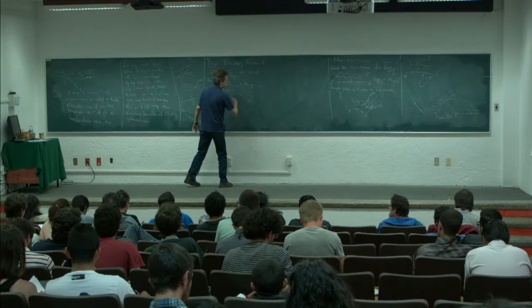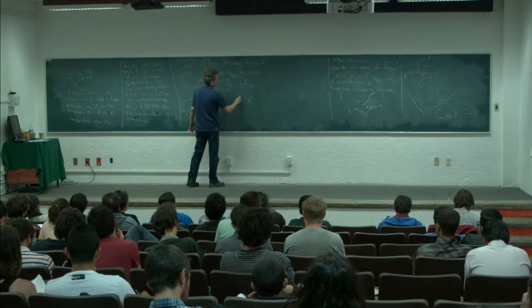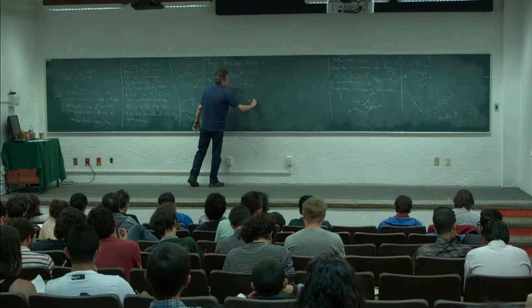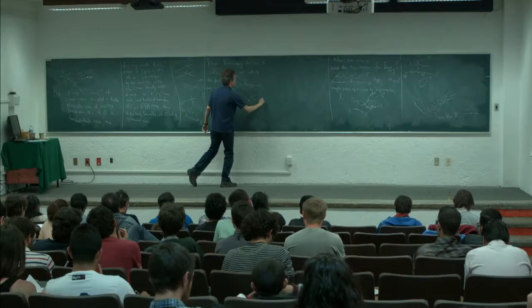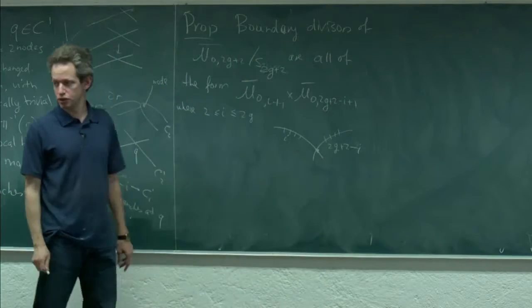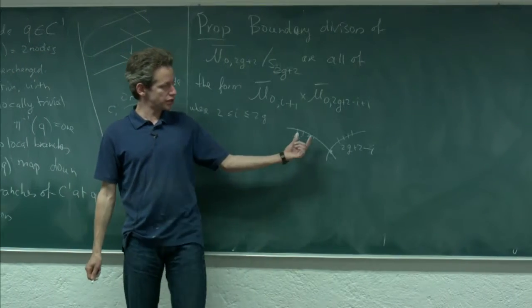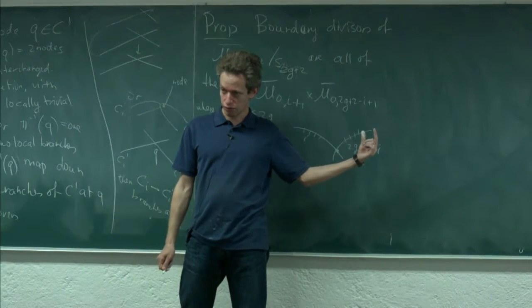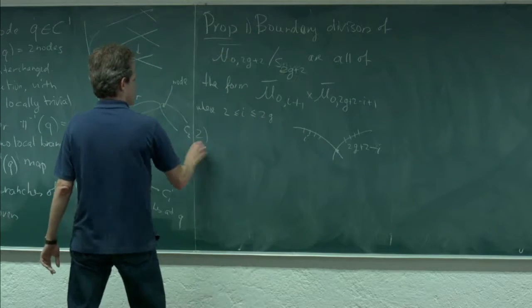It's a curve that has two components, has one node. And since these are both of genus 0, all I have to tell you is where the points are. And the points are all created equal, so I only have to tell you how many points are here and how many points are here. Okay? So these are the boundary divisors here, and then it follows that